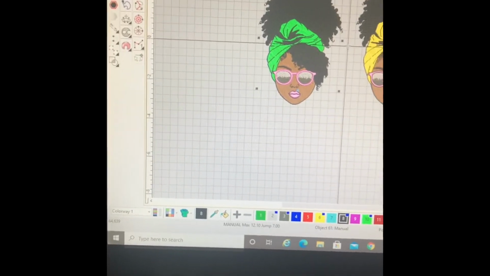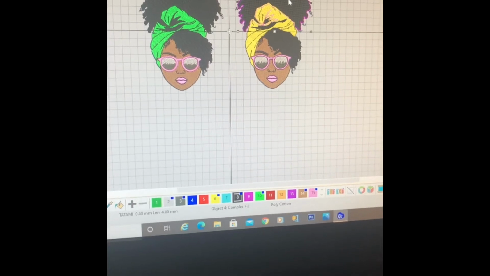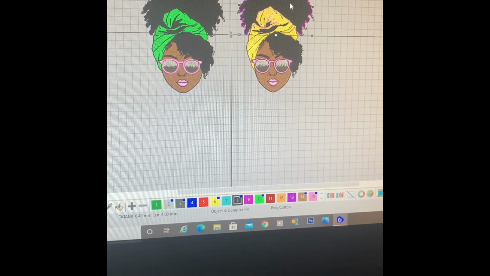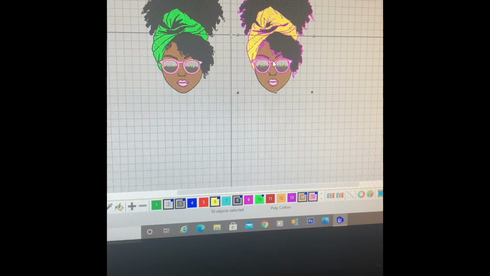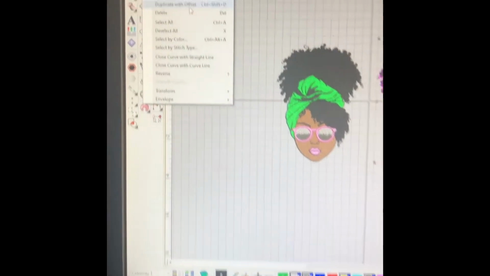So you want to, let me click back on her, get the screen back right. You want to group your entire image. So you just draw your cursor around the whole image. That's going to highlight everything. And then wait a minute, I'm going to make a duplicate because this is the one that I am going to stitch out, and I don't want to continue to keep stretching her. So I'm going to go up to the top where it says edit, hit duplicate,